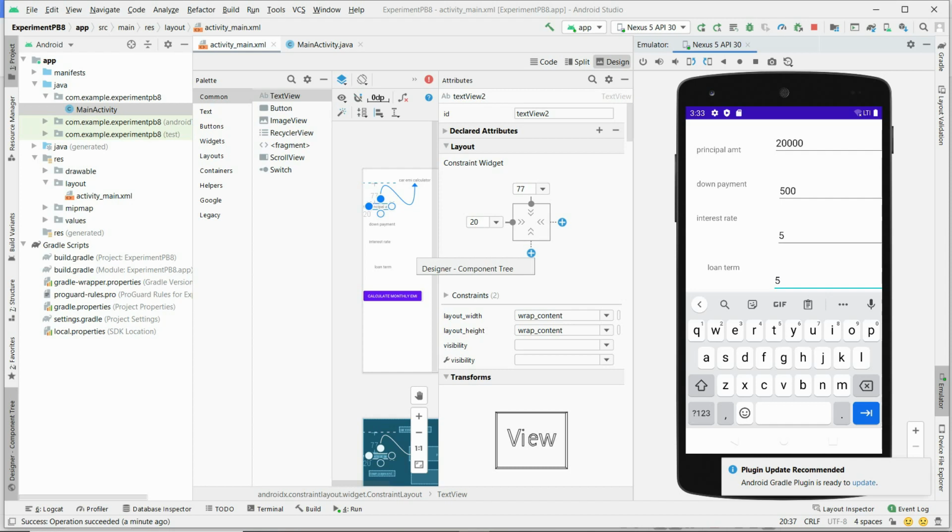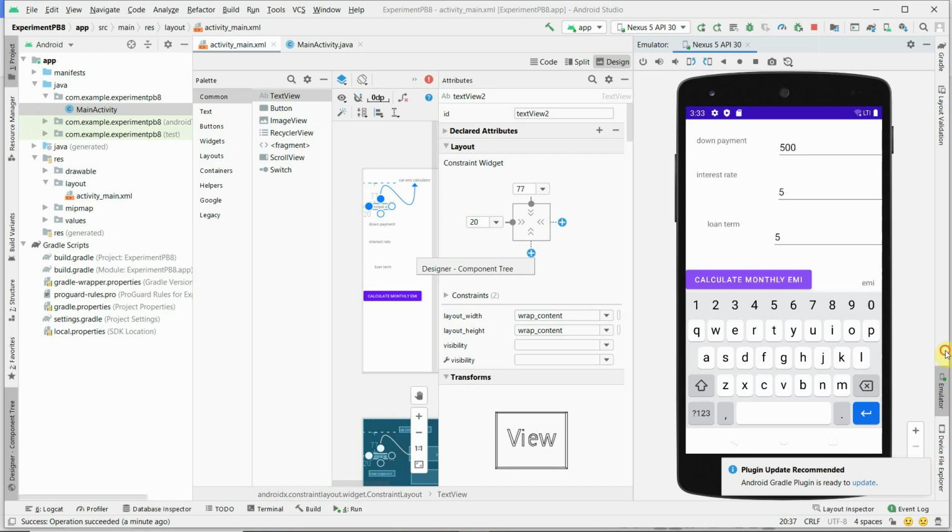Loan term in years, 5 years. Click on this. Then calculate monthly EMI. Click on calculate monthly EMI. It shows monthly EMI as 329 rupees. Okay, here showing the result as 329 rupees. This way this program works.